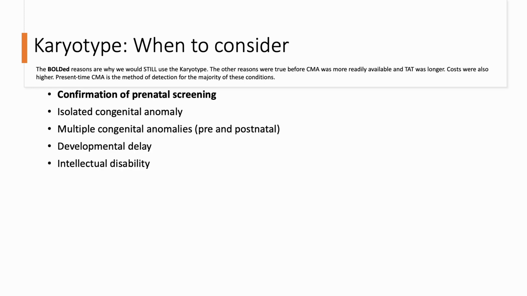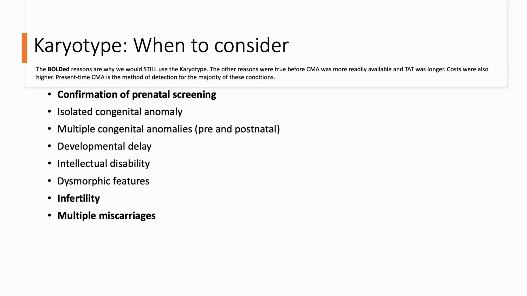Karyotyping is important in evaluating developmental delays or intellectual disabilities, where chromosomal abnormalities may contribute to these conditions and inform management and support strategies. It is also useful for assessing dysmorphic features, physical traits that deviate from typical appearance and may correspond to specific genetic syndromes detectable through karyotyping. In cases of infertility, chromosomal factors may play a role in reproductive challenges, and karyotyping can be an important tool in uncovering these factors. Additionally, it helps individuals who have experienced multiple miscarriages by identifying any chromosomal abnormalities that might